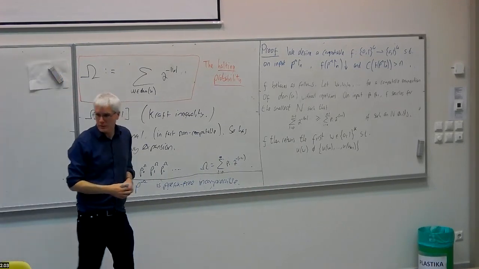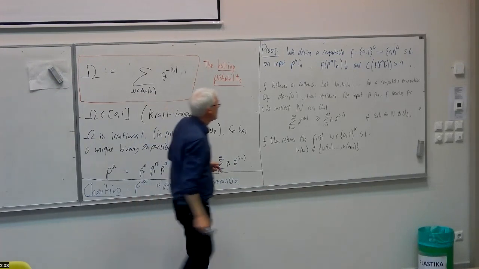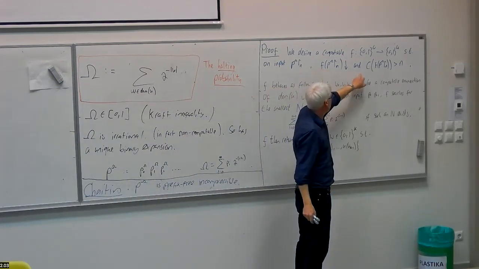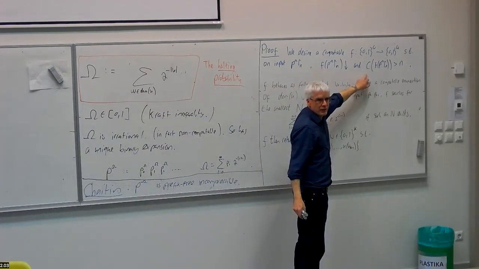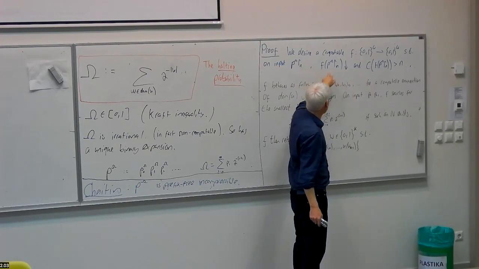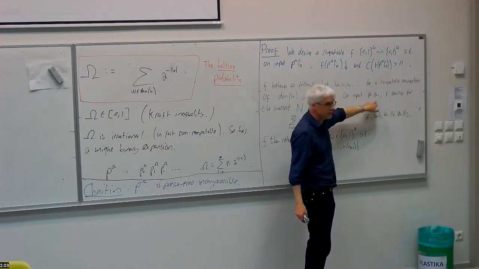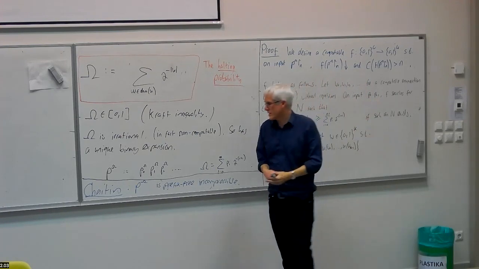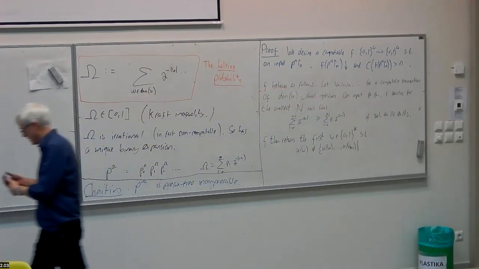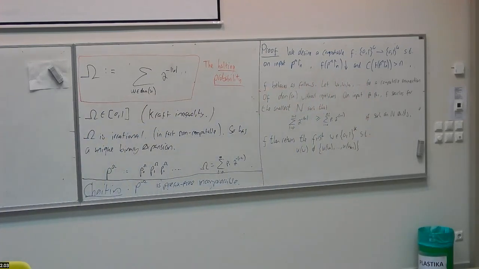Right, so we want to prove that f enjoys this property. So we need to look at what f does when given an input, a prefix of the halting probability. So consider f on input